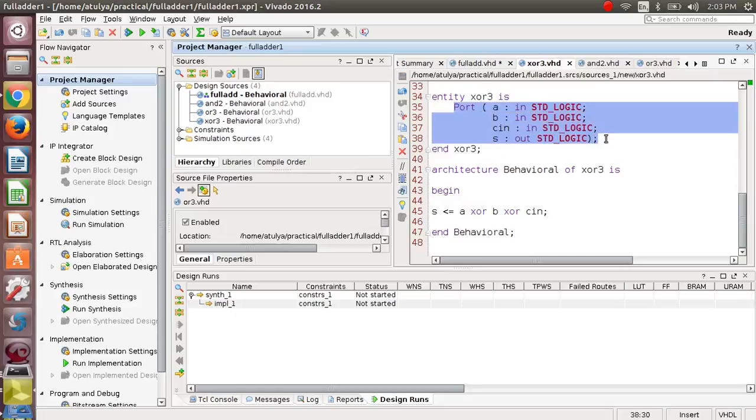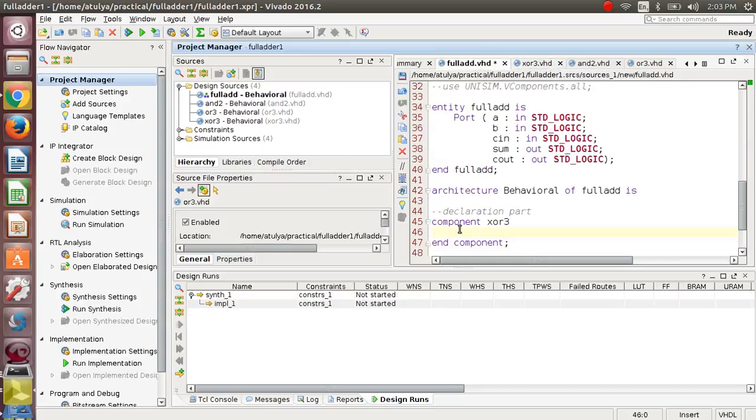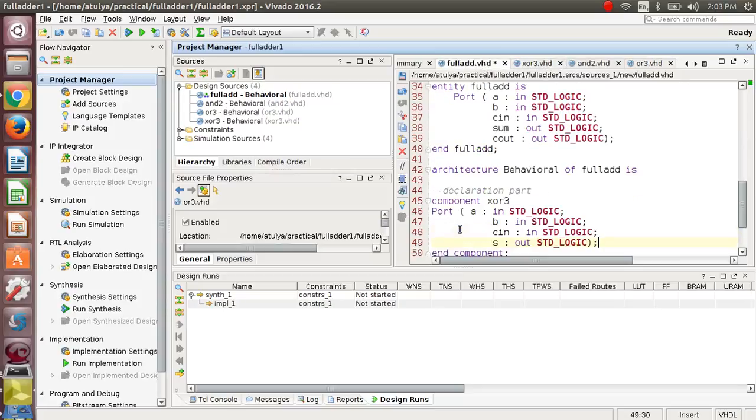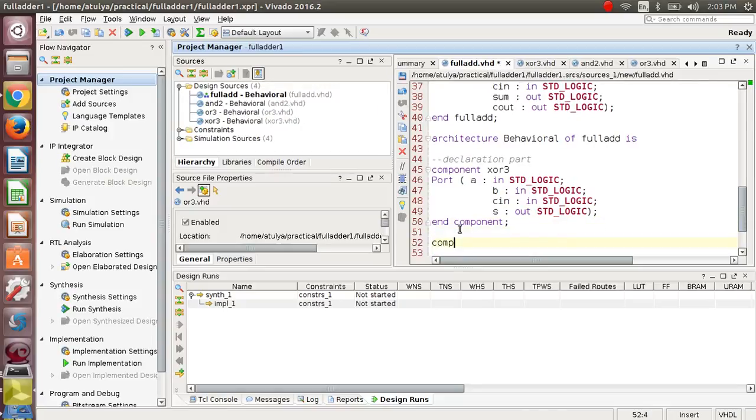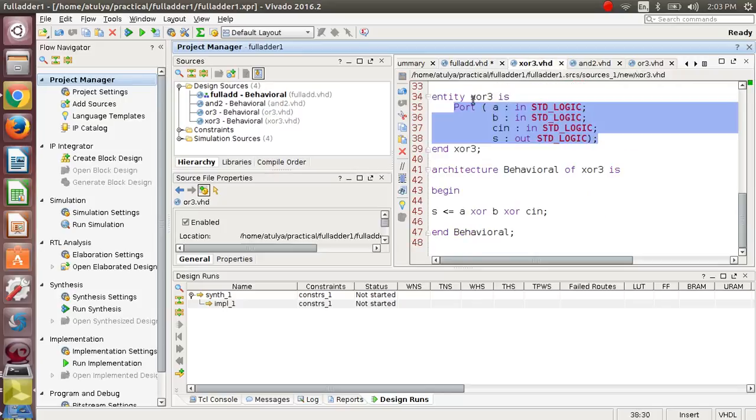So there are three components: XOR3, AND2, and OR3. First, the XOR3 component is there. So I will define the XOR3 component here. I am going to copy the same ports here. So copy it here, and save it. The next component is